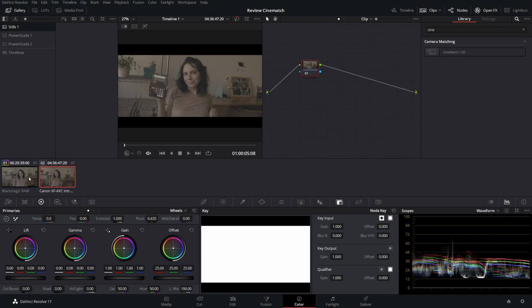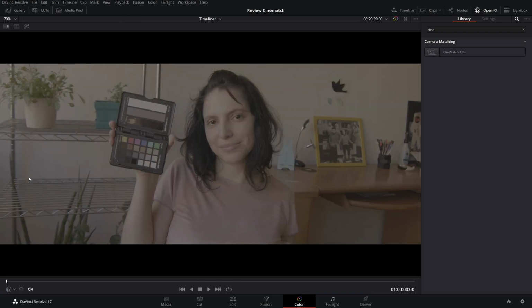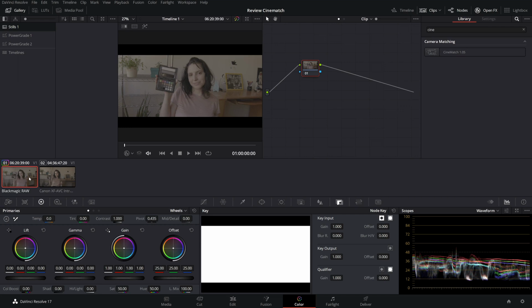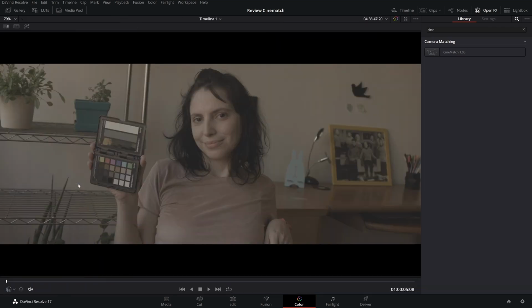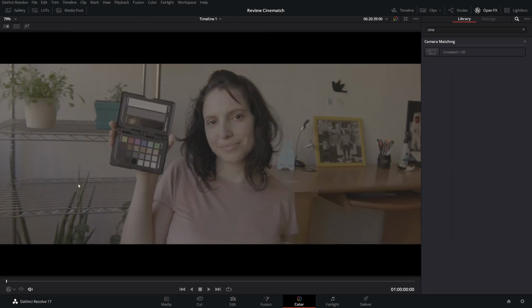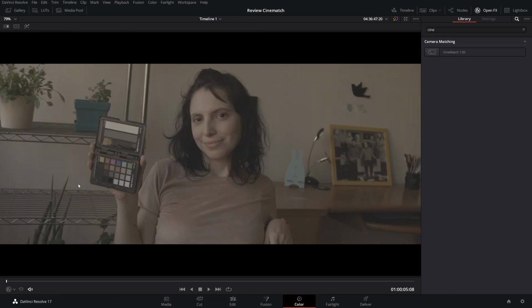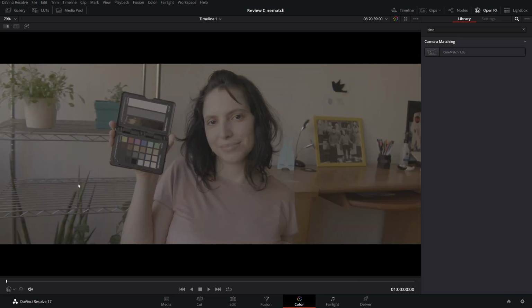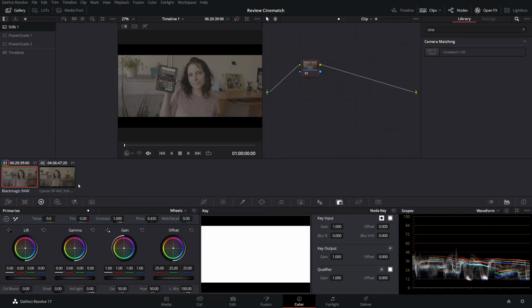So they are very different. I'm going to put this here, and as you can see, very different shots. They have kind of the same color balance and the same light situation, but they are very different. One is RAW, the other one is H.264, and let's see how all this will work.